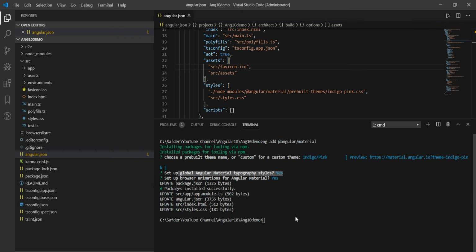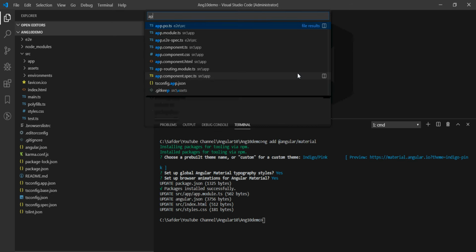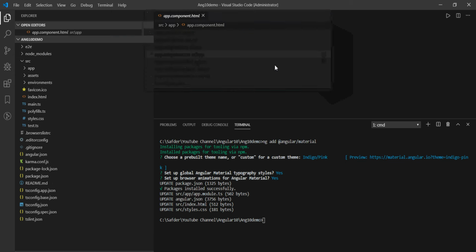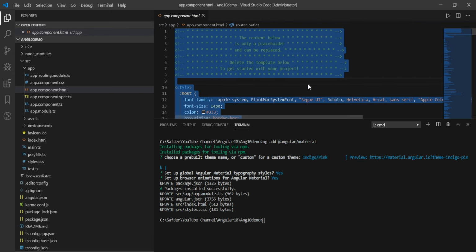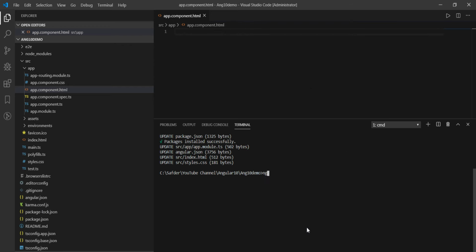So I think we are done with the installation of Angular Material as well. I'm just going to the app.html, and we need to remove the predefined code here. So basically this is the basic template, we have removed this here. Now we are going to run the project again. My typo mistake, it is ng serve, it needs to be served.